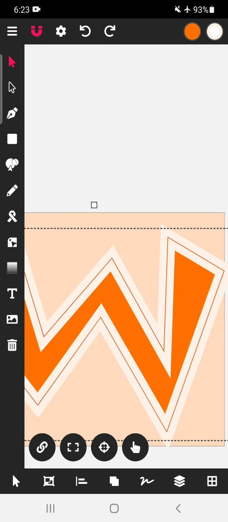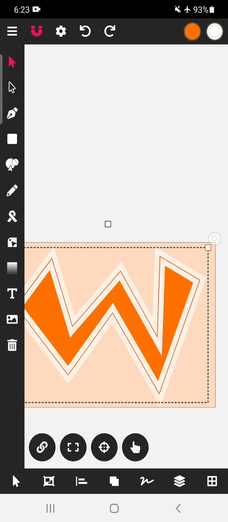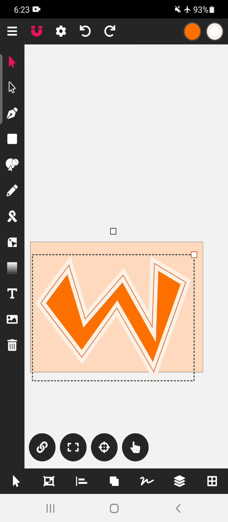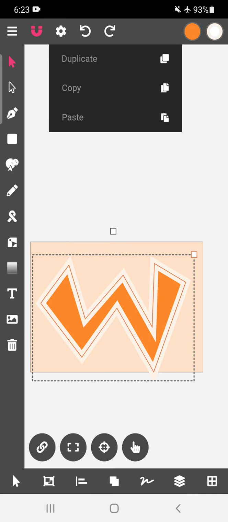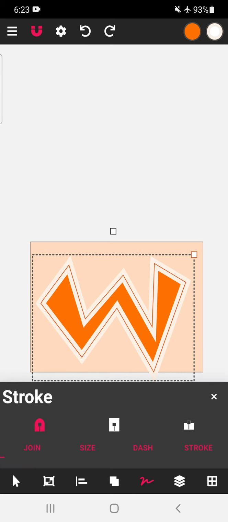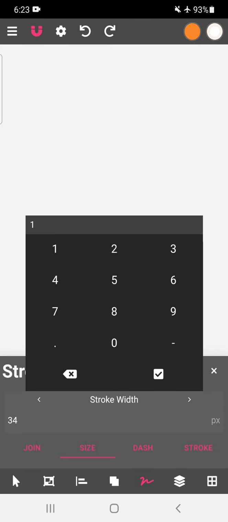Okay. Actually, we did not create duplicate copy. That's why we are having only one copy. What we will do is we will create a copy now, which we will keep it in front. Duplicate copy is created. Now we will reduce the stroke size to 1.